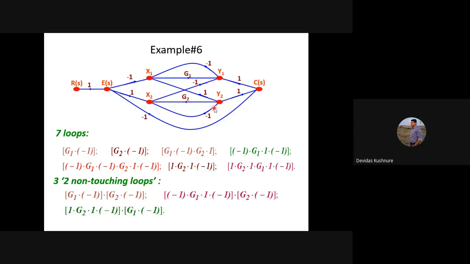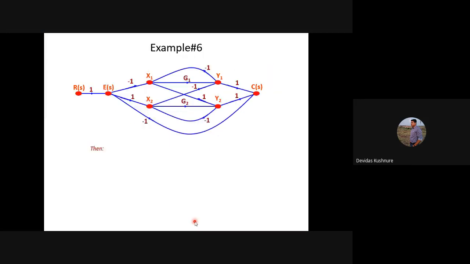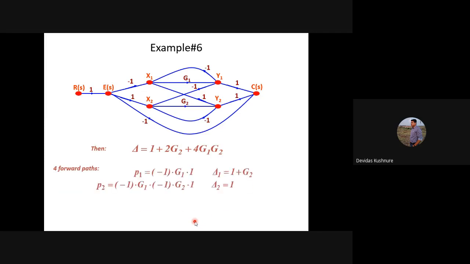Okay, so you just do it by yourself, because it is not a big deal to calculate and find out all the loops, because you know the concept of signal flow graph now. So there are 7 loops, there are 2 non-touching loops. Okay, these 3 pairs, fine. Then we have to put in the formula, so that will be your delta by solving it.